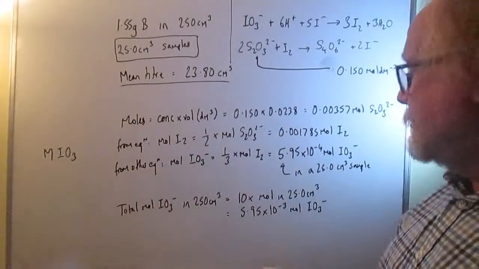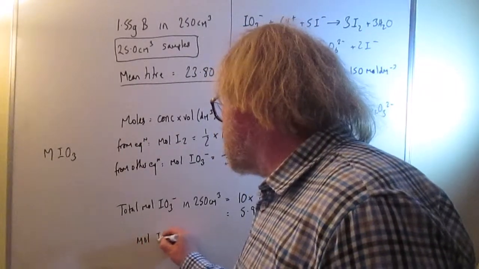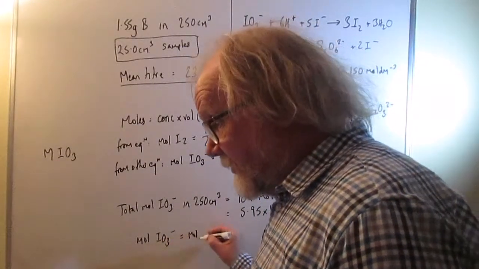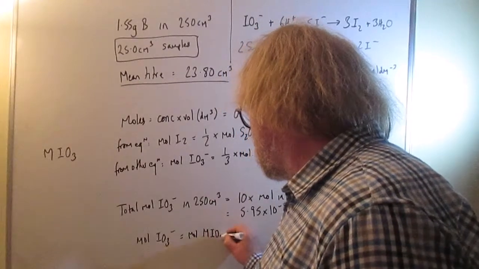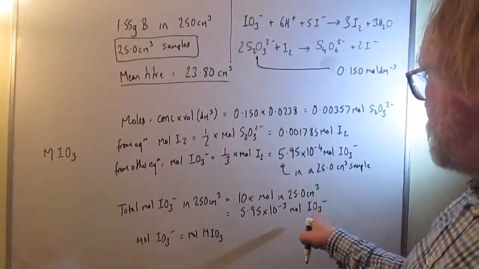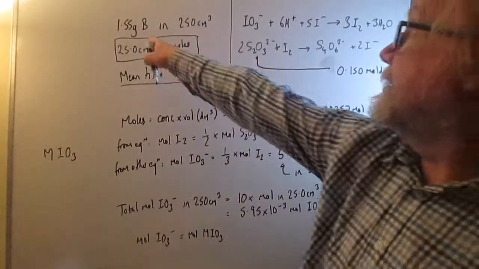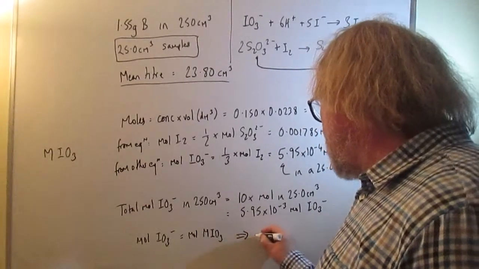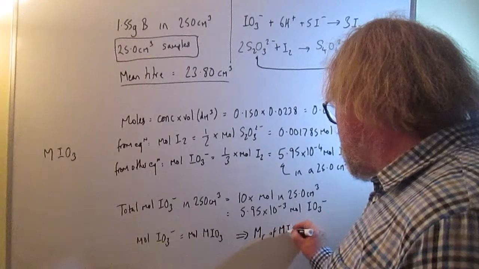So because of that we can say that the moles of IO3- is equal to the moles of MIO3. So we know the moles of the compound, we also know the mass, because it told us in the question. So we can therefore work out that the Mr of MIO3